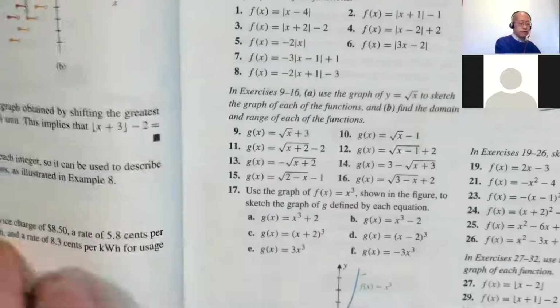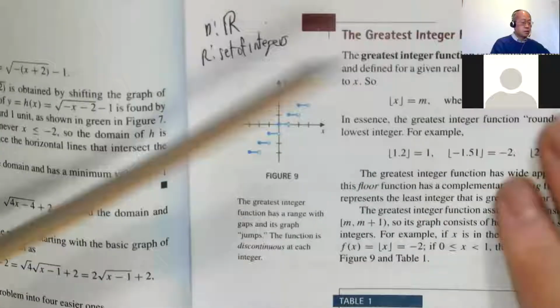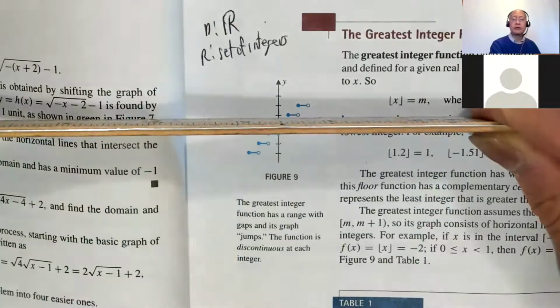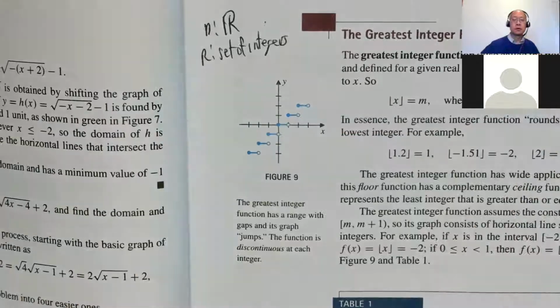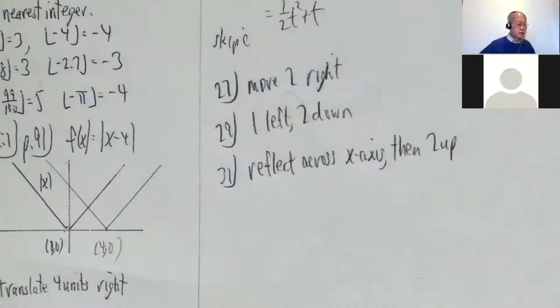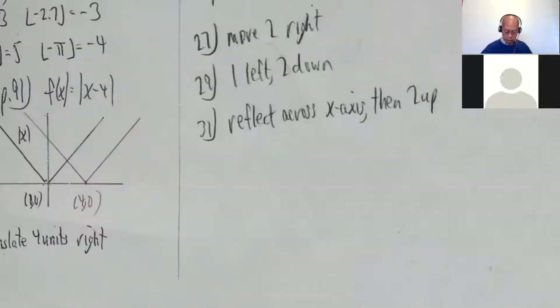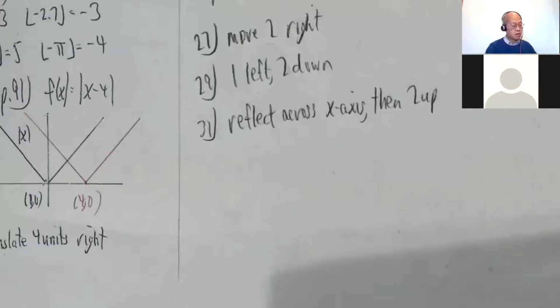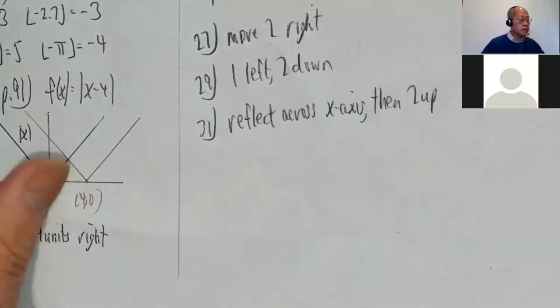So in other words, the first thing that happens is reflect right there. So all of these get bounced down and all of these get bounced up. And then you move the whole graph 2 up. Okay. So this should be okay. That's it for that one. All right. So I think that's as much as I was going to show you for